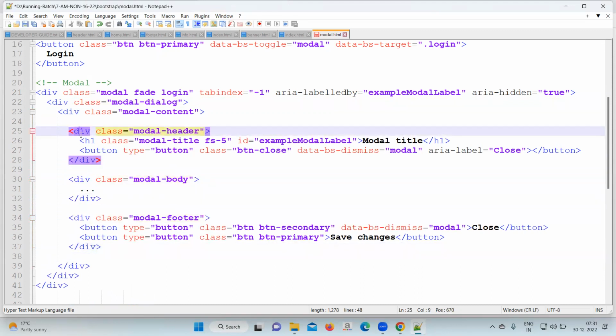You can also separate it: model header, model body, and model footer. Okay. Next,